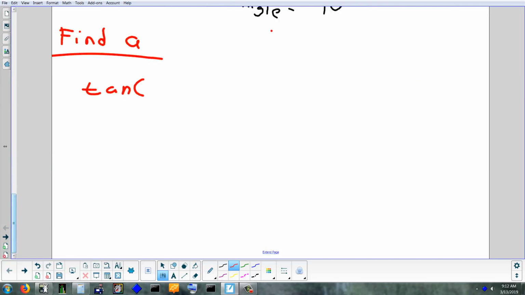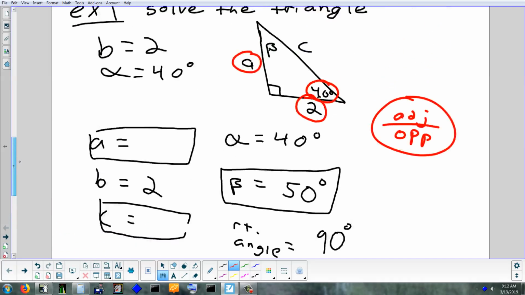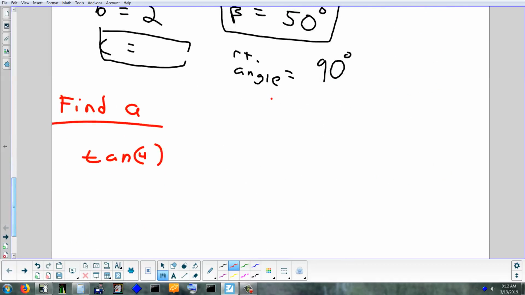So it's tangent. And then it's always the tangent of your angle. We're doing the 40 degrees. Now remember, does that mean multiply? No, right? When you have a word and then parentheses like that, it just means this is the number that you plug into the tangent function. It's not a multiplication problem. You can't multiply a word that doesn't make sense. All right, so it's the tangent of 40